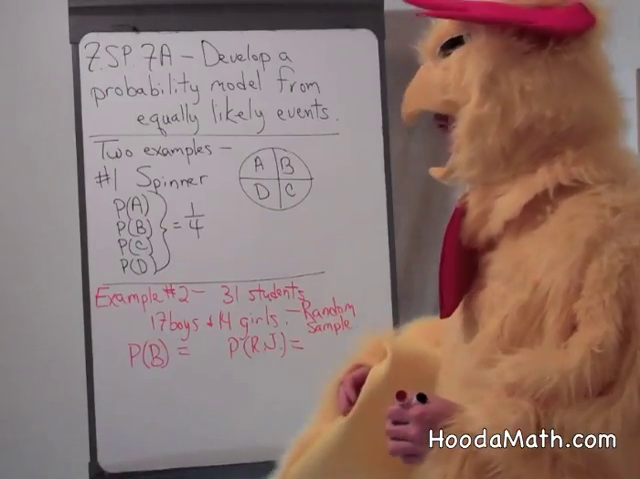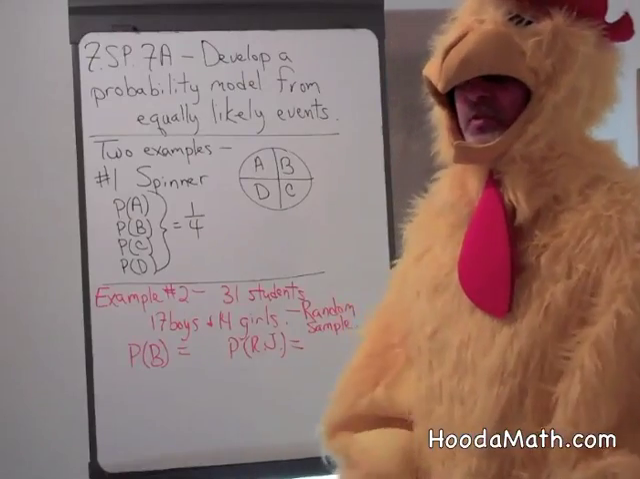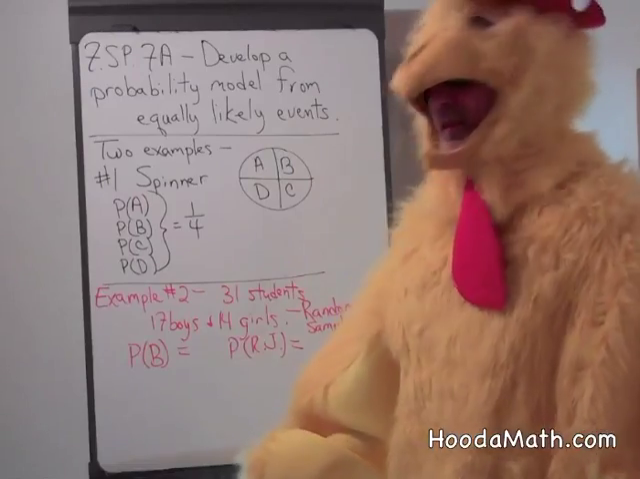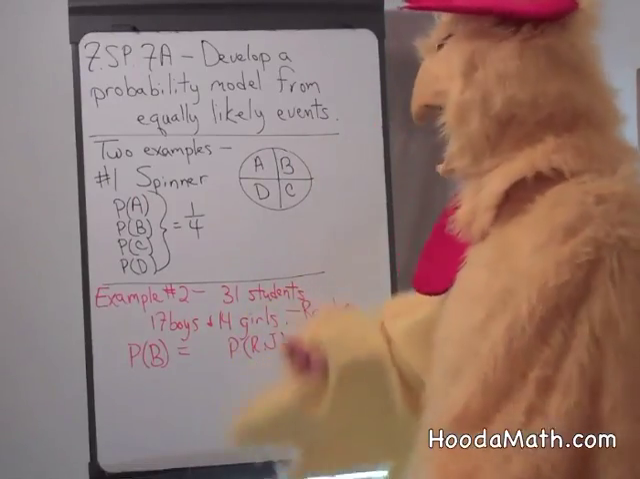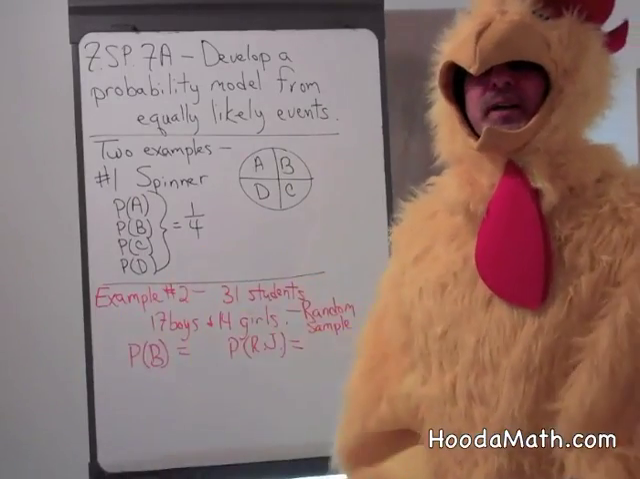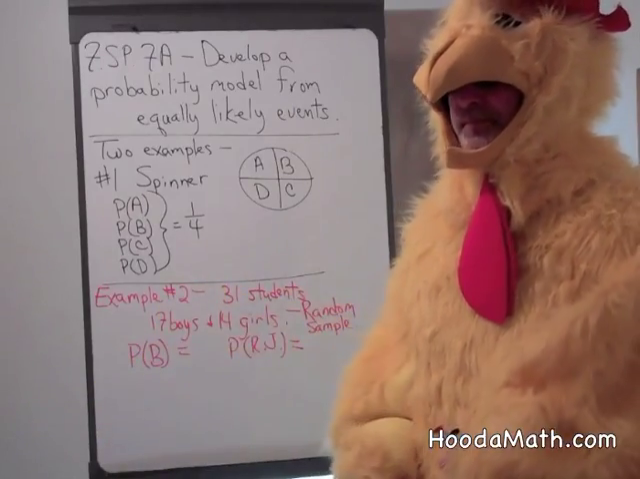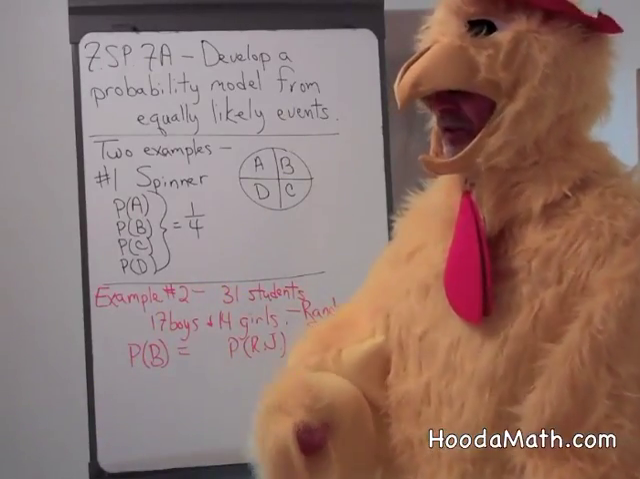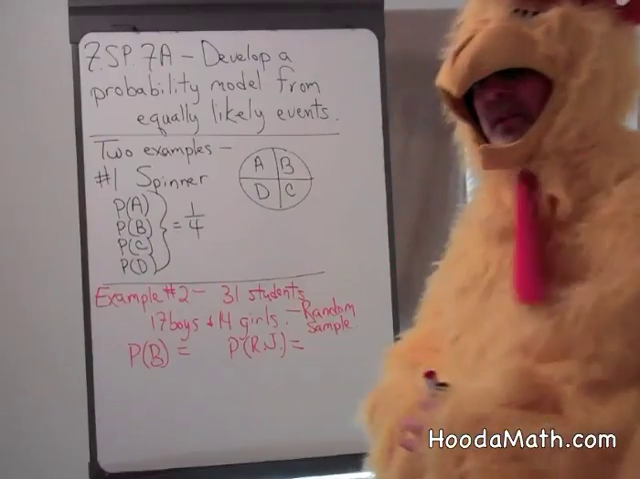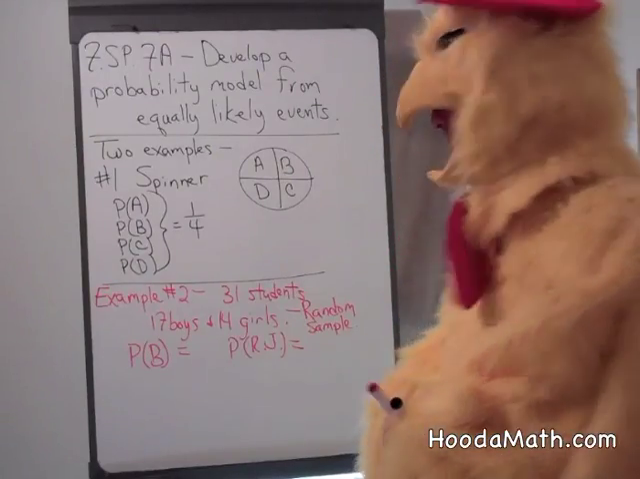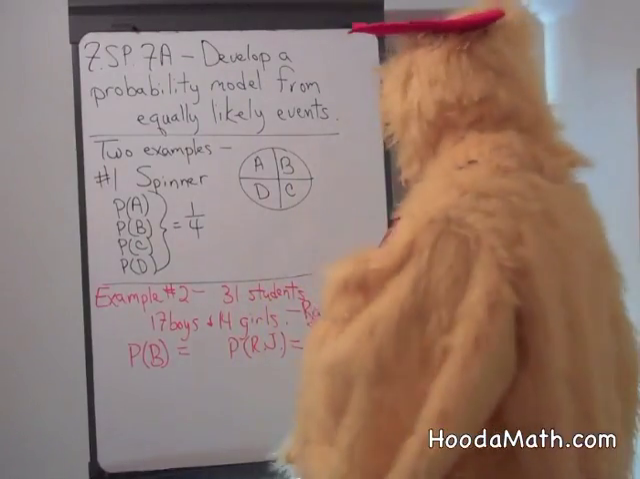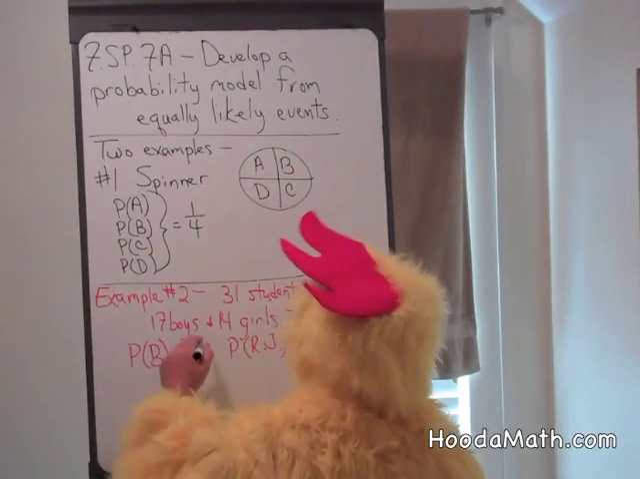Now example 2, we're going to think about random selection or random sampling. If we had 31 students in a classroom, 17 are boys and 14 are girls, and we put all their names in a hat, and we're going to give a prize to one of the students randomly. Now if we pull out a name, what's the probability that the student will be a boy? Well, since there's 17 out of 31 students are boys, the probability of getting a boy is